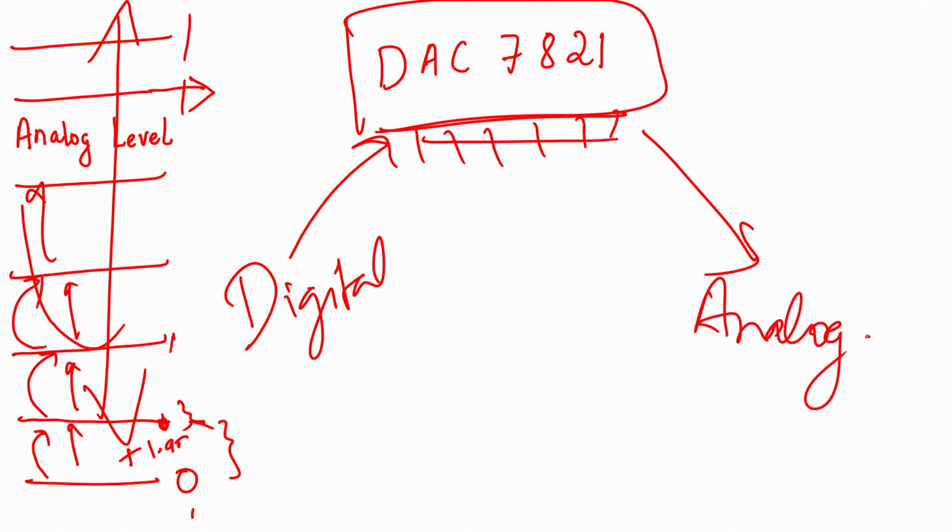Another important thing before you try to see a circuit: because it is a core IC and it does all the digital to analog conversion in the IC itself, before you look at any circuit that somebody else has made, because either you will make the circuit or you will use a PCB or a circuit that somebody else has made, you should, because you are also an engineer and a circuit designer, go through the data sheet of whatever IC is used. There are two things why you have to go through the data sheets in detail.